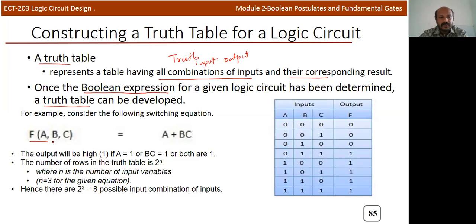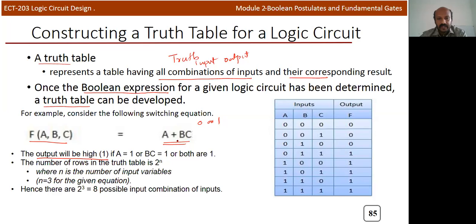A Boolean function is defined as f(a, b, c) is equal to a plus bc. I already mentioned that a function can take values 0 or 1. Now we will consider when the output of the function is equal to 1. Okay, when will the function value be equal to 1? We will take the output to be high, or 1, if...